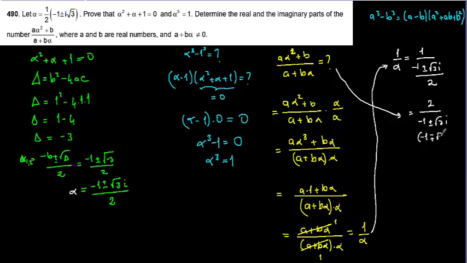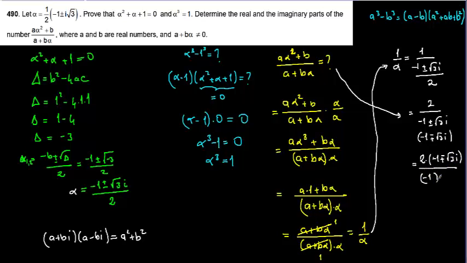So I'm going to multiply by minus 1 minus plus root 3i. And you know the result of this operation: a plus bi times a minus bi. When you multiply by the conjugate, the result is equal to a squared plus b squared. We know this. This is equal to 2 times (minus 1 minus plus root 3i) all over